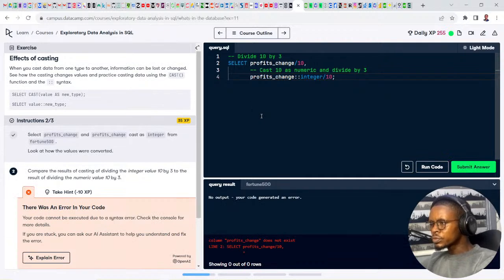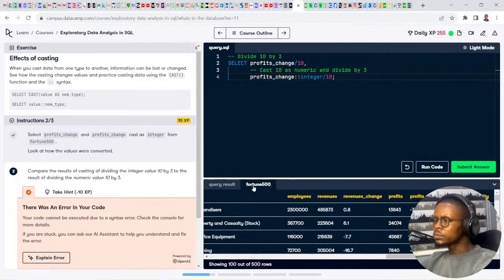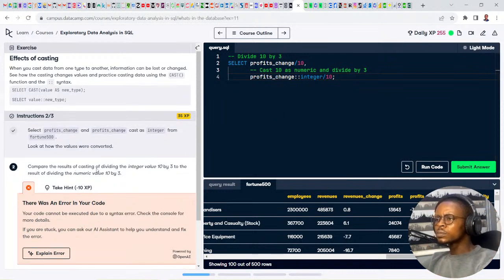Oops, I didn't mention the table. I'm supposed to be referencing the table there.